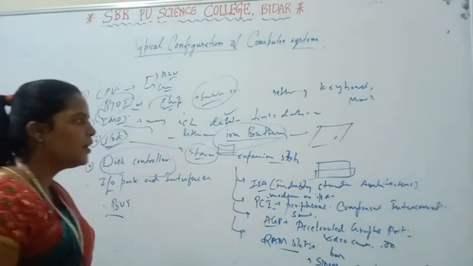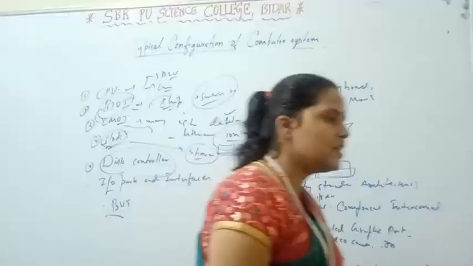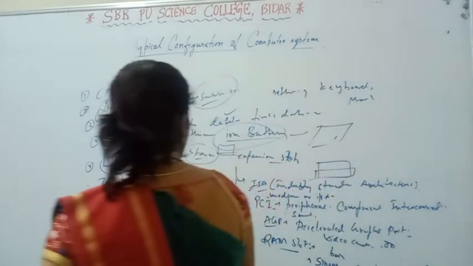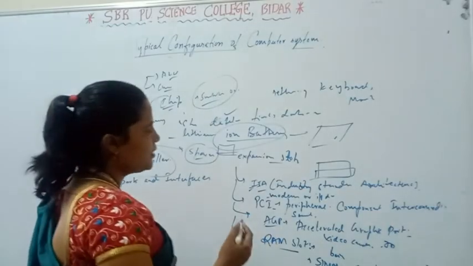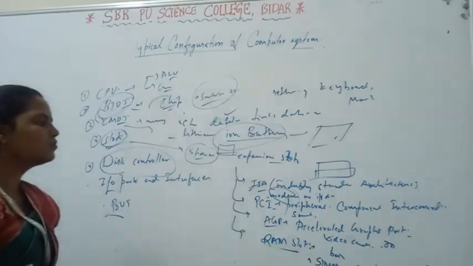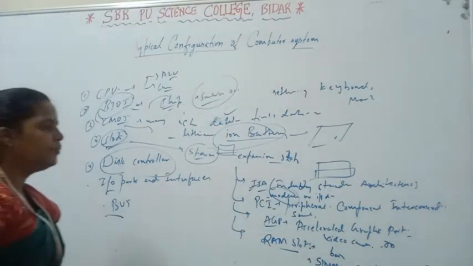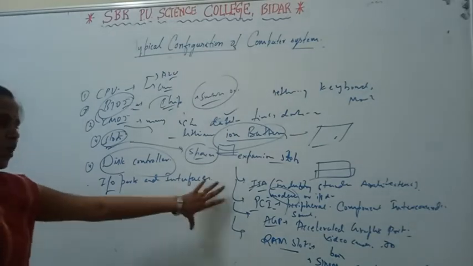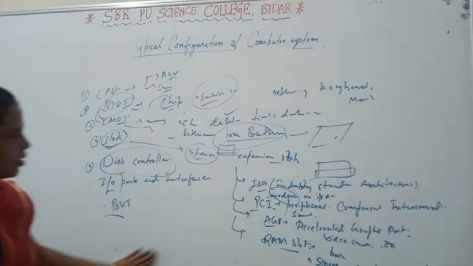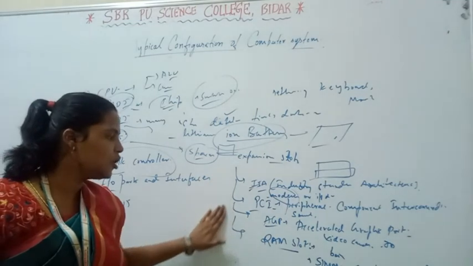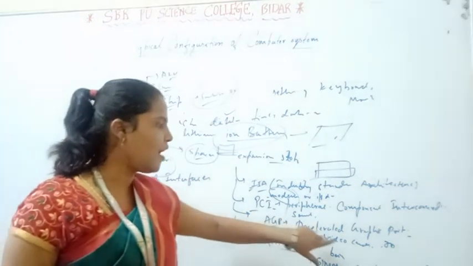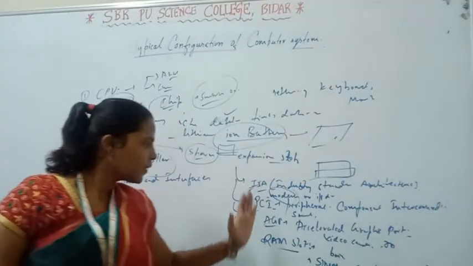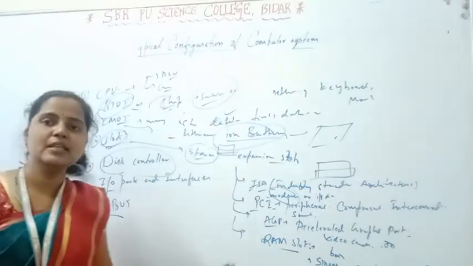So slots are nothing but expansion units, spaces where we can add extra components. The first one here is ISA, Industry Standard Architecture, to put in a modem and input devices. Next is PCI, Peripheral Component Interconnect; sound cards and so on are used with this PCI slot. Next is AGP, Accelerated Graphic Port. Video cards and 3D cards are used with this AGP slot.